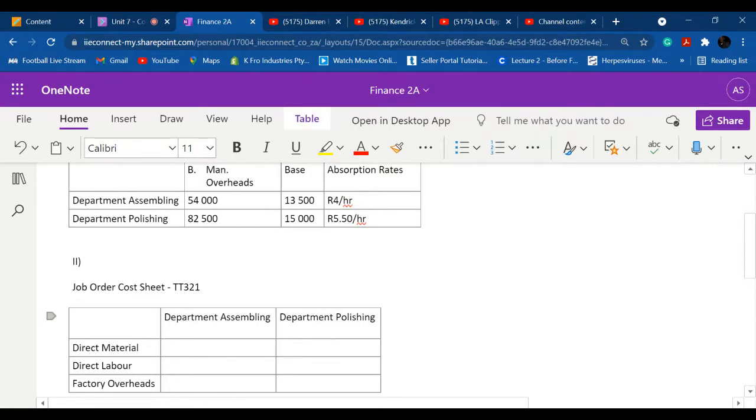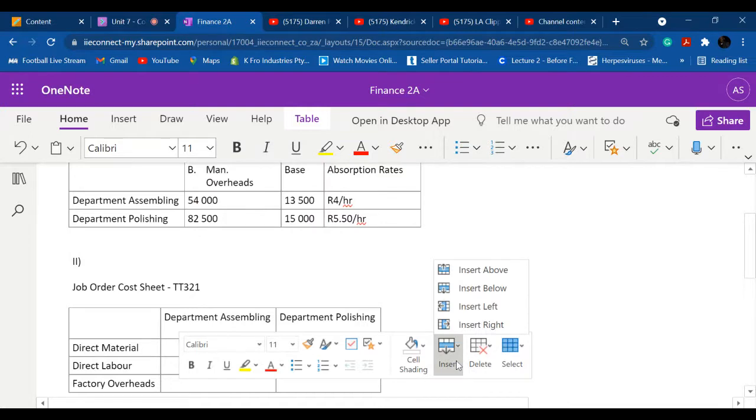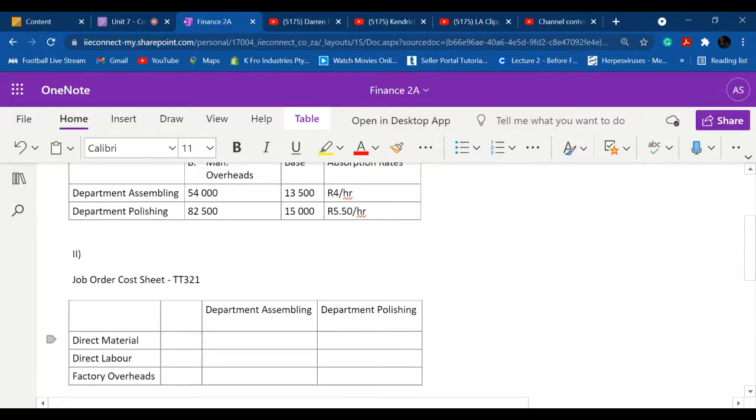What I'm going to do is insert a column there, to the left. And in the interest of not making things messy,